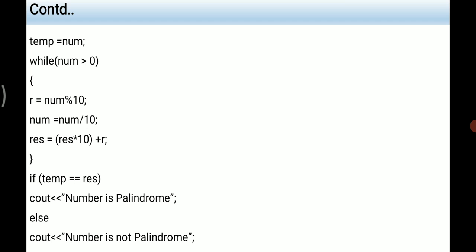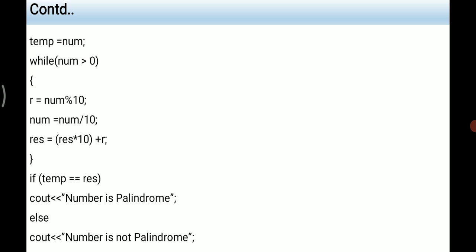When this condition is evaluated to true, inside the braces we have r = num % 10. You take the number value that we have given and do a modulus division, and that result will be stored in r. Then we have num = num / 10. That is, we divide the number, for example 191 divided by 10, and that result will be assigned to the num variable.